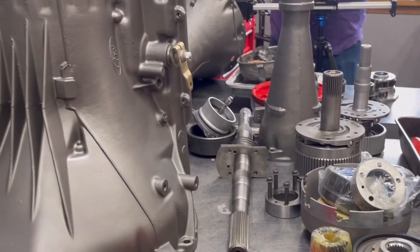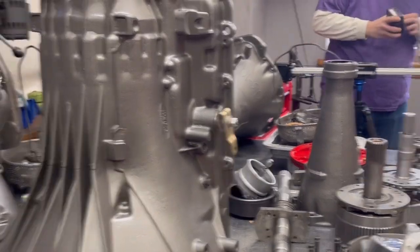I got all kinds of parts. It's a puzzle. I have no idea what's going on. John, I don't know what's going on either, Jeff. So between the two of us dumbasses, we should figure out how to put this thing together. Two brains are better than one. With that, we're going to get